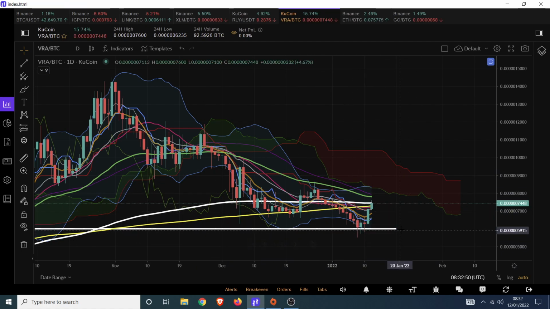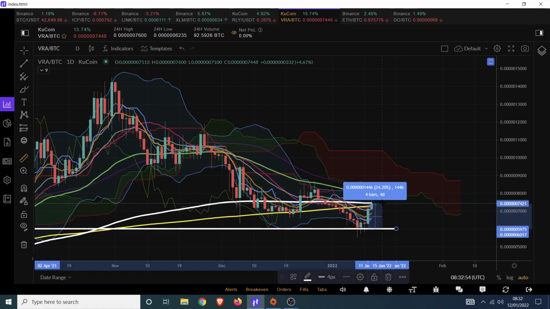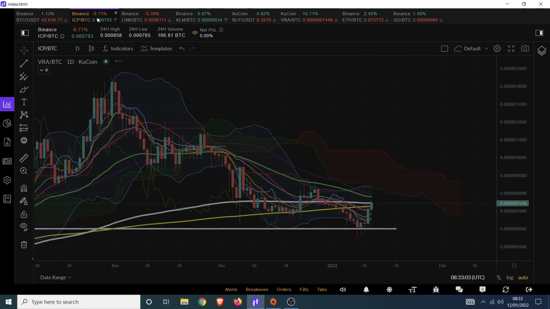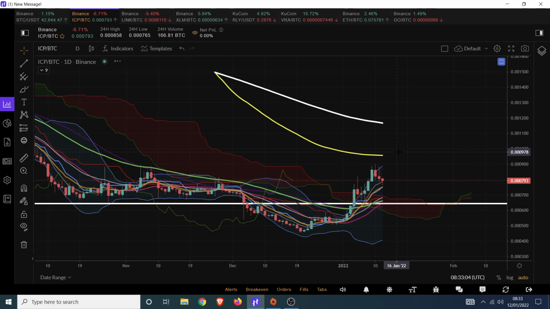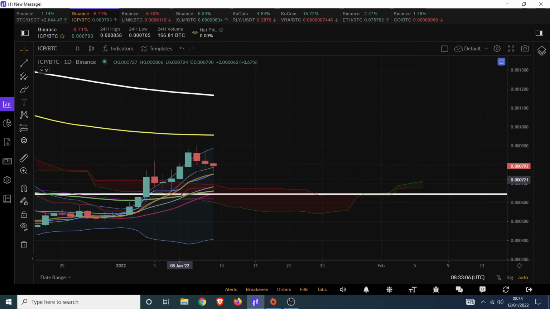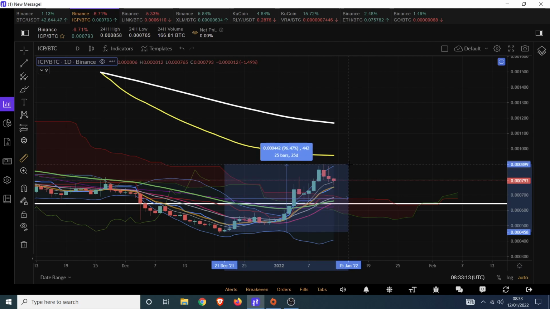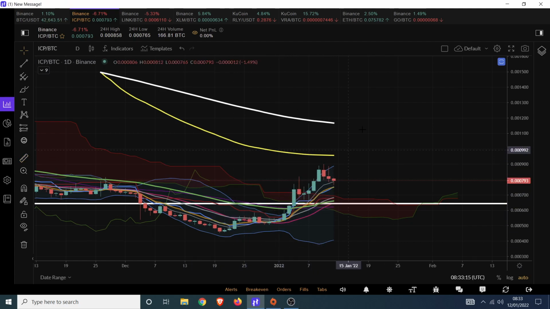And so far, so good. That's been a decent rally from the 6,000 sat zone to where we are right now. It's almost a 25% move, so you can't really complain with that. Versus Bitcoin, and this is all we're looking to do, the VRA trade is looking pretty good. I'm looking for another entry soon on ICP, which is coming down to an acceptable level after its massive rally, a huge rally to be honest with you, versus Bitcoin. Almost 100% gain, doubling in its Satoshi pairing over a period of four weeks or so.